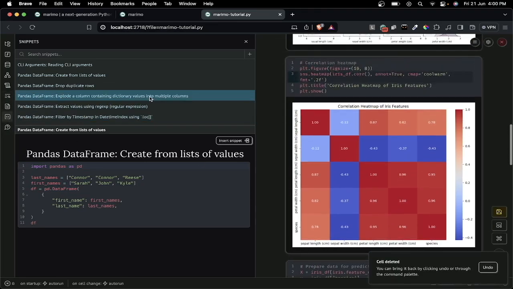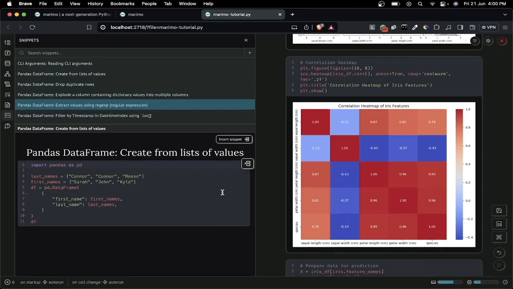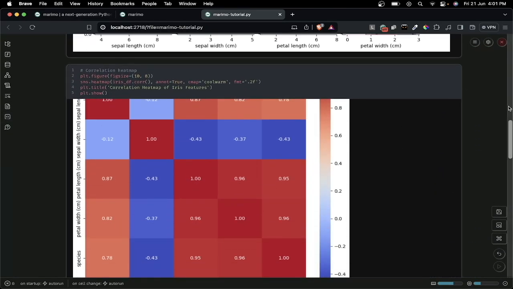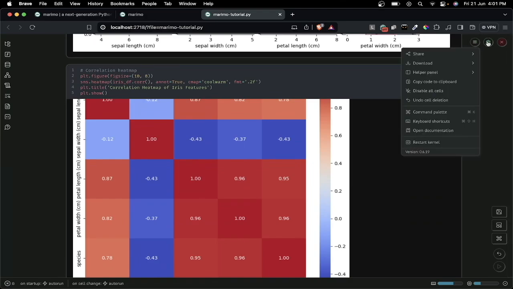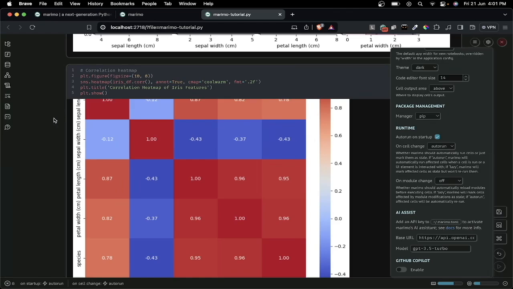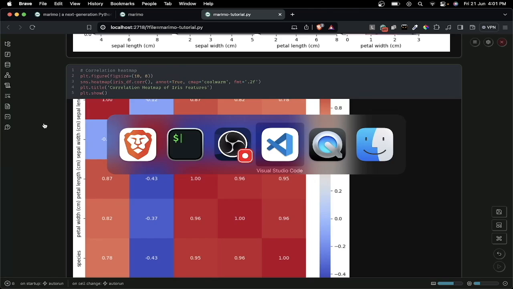I'll just delete this, and then the final one is feedback. If you want, you can send feedback to Marimo. It's up to you. That's great. We have other normal settings like auto save and others as well, and I need to show you some basic